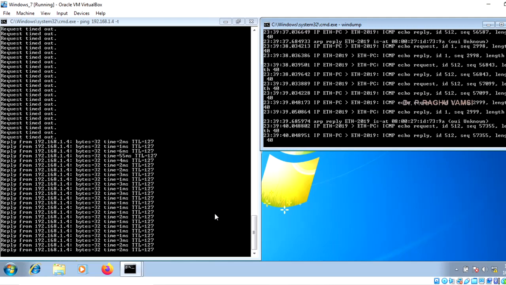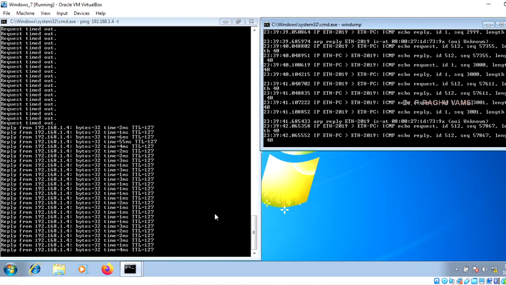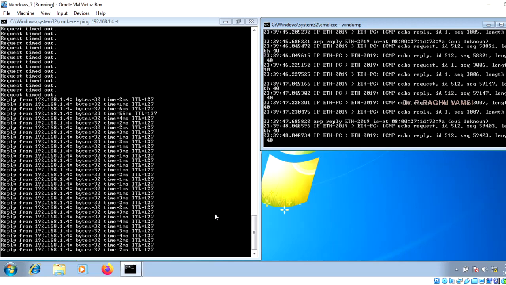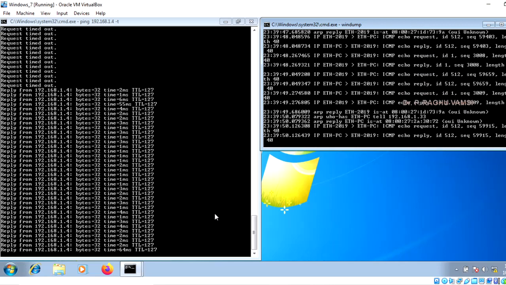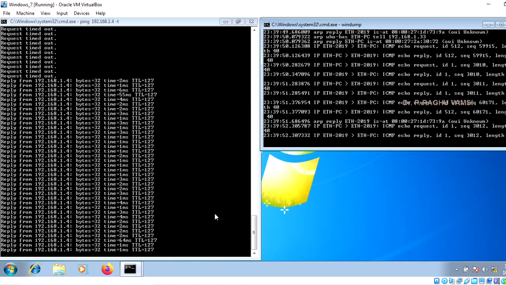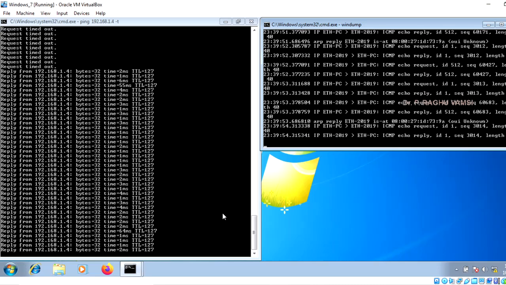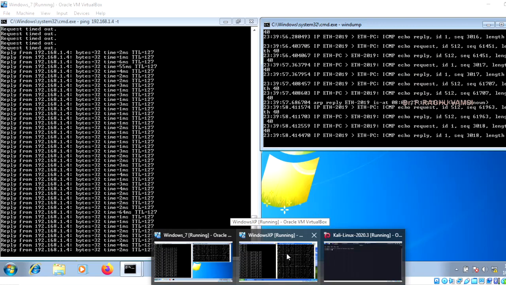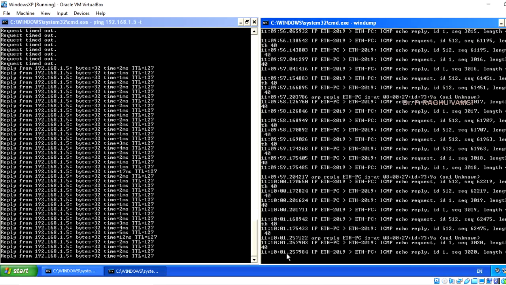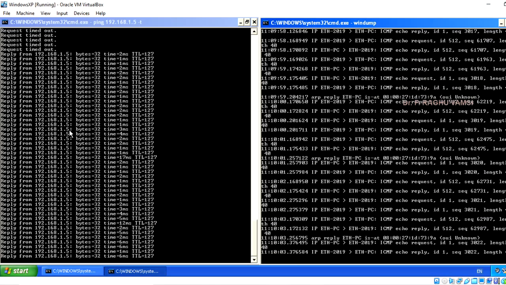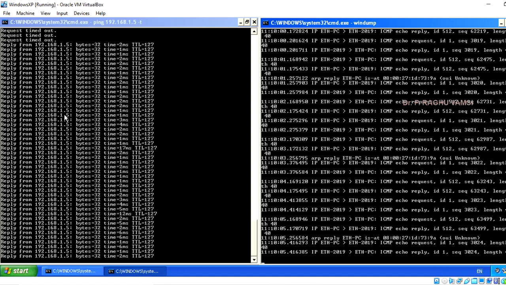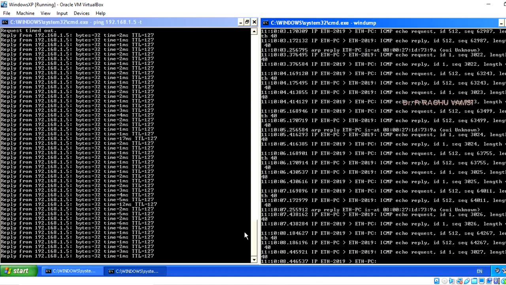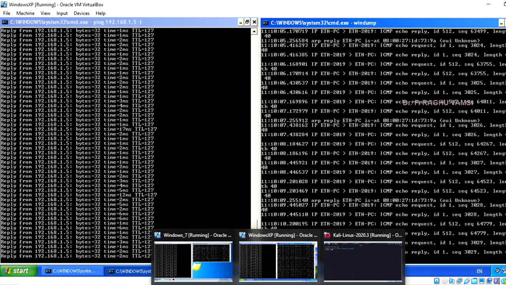That means here the Kali Linux has become the man in the middle, and whatever traffic is supposed to be directed to the Windows XP from Windows 7 is diverting to the Kali Linux, and now the Kali Linux is responding. Thereby, the Windows XP is also getting information from 1.5, and both these traffics are coming only from the Kali Linux.